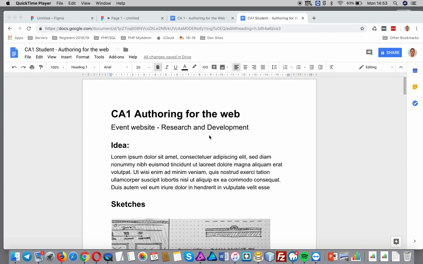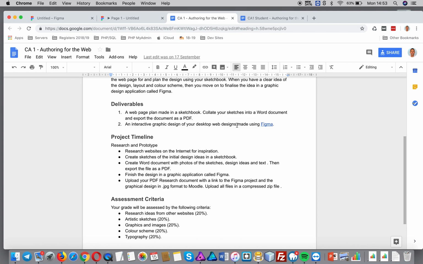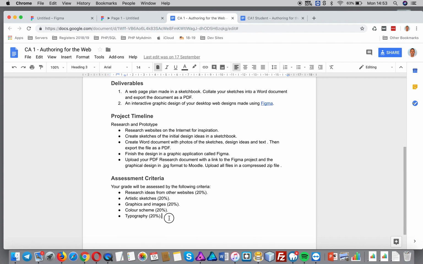Okay, so what I'm going to do in this video is demonstrate what you need to submit for your assessment on Friday. So here is a copy of the brief. You'll see here what's being asked for: deliverables, PDF, and an interactive prototype using Figma. You can look at what's being assessed in the brief if you wish, to make sure that you have at least attempted some or all of these assessment criteria to increase your chances of gaining a high